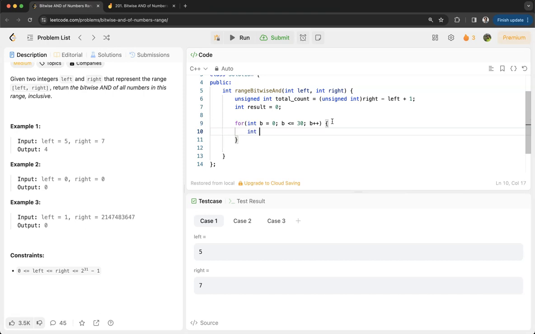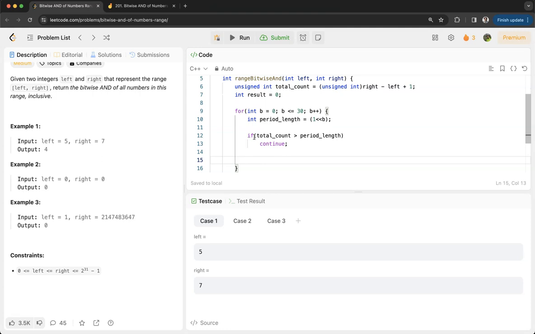And then we have int period length, which I'm going to call period length, and it's going to be 2 to the bit. That is it. And then here we check if total count is greater than period length. That means that we definitely have a 0 for this bit in this period. So we continue,